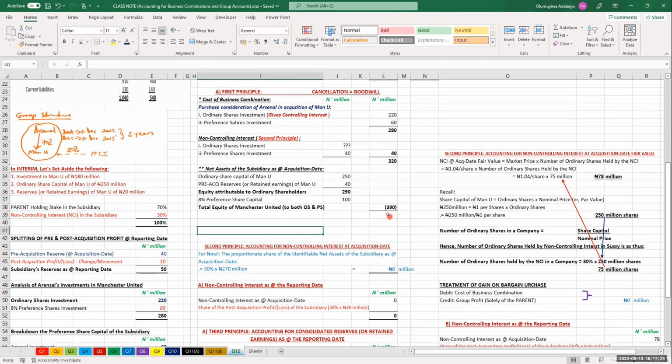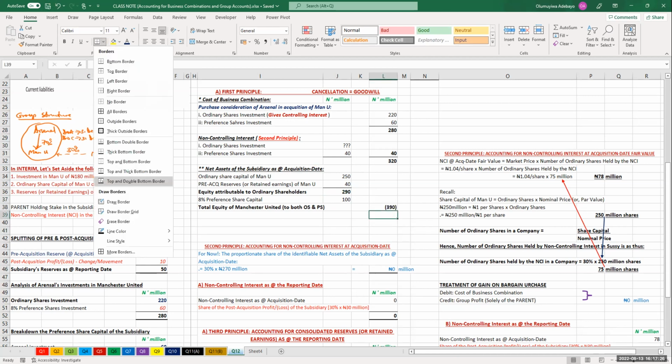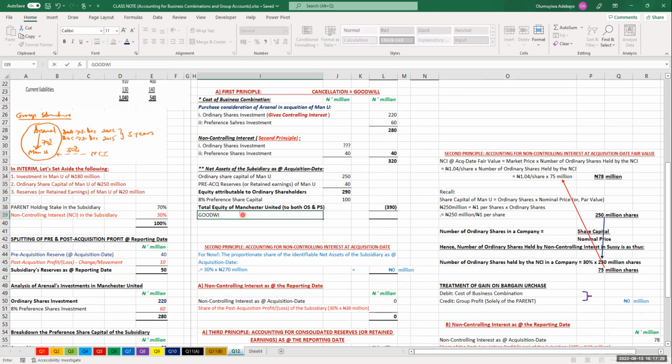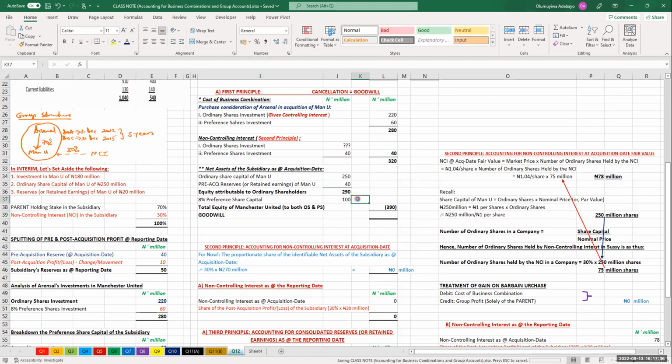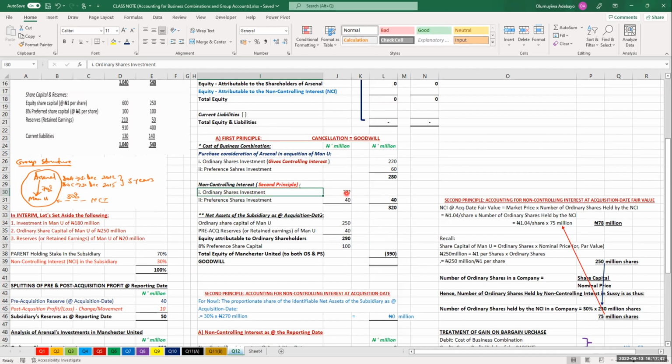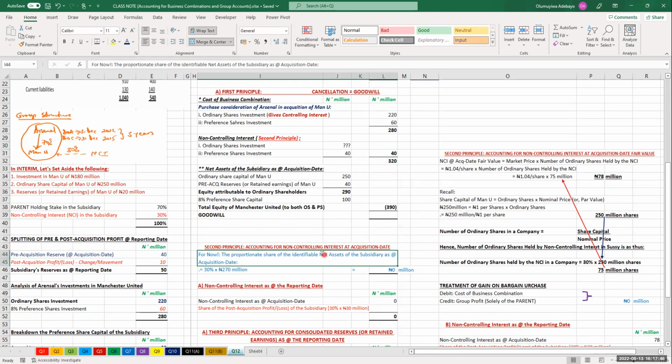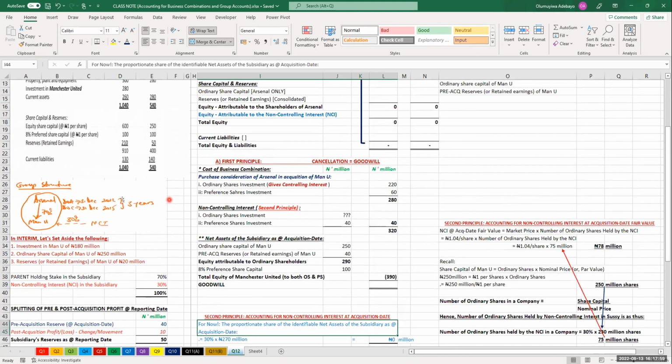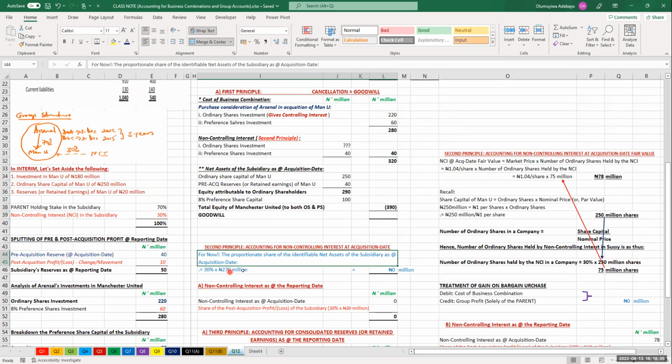Now, whatever is left is our goodwill, if any. Now, in this case, what do we need to determine? This, which is unknown, and therefore come here. Remember, for ordinary shares portion of the equity, we can measure NCI as proportionate share of the identifiable net asset of subsidiary as at acquisition date, or we can do it at fair value. But here, there's no information about market price. Therefore, we are only restricted to this, which then means that if that is the case, I will recognize 30%